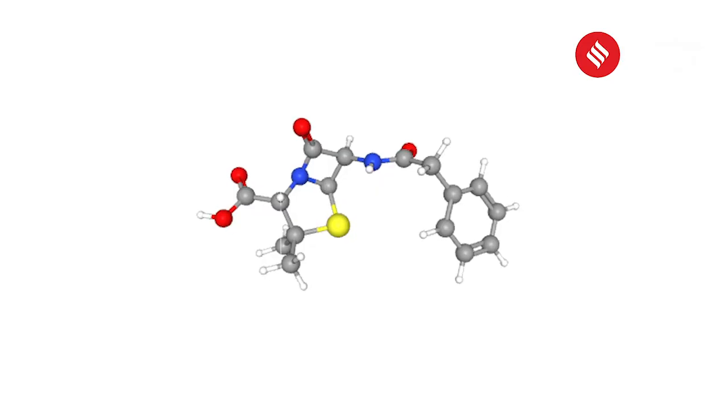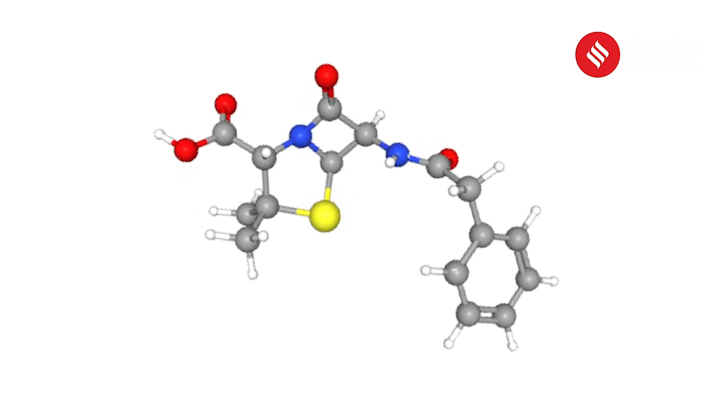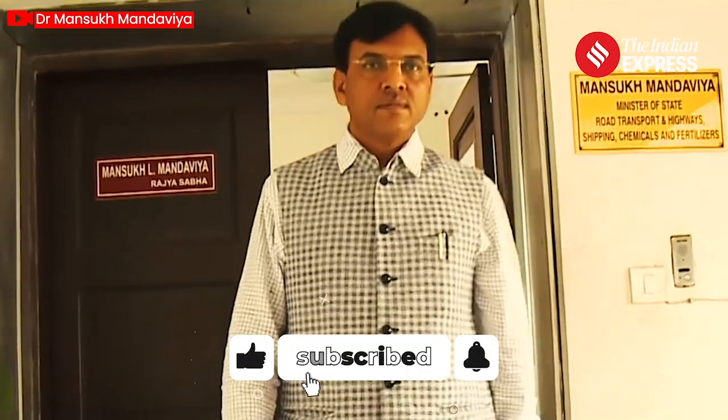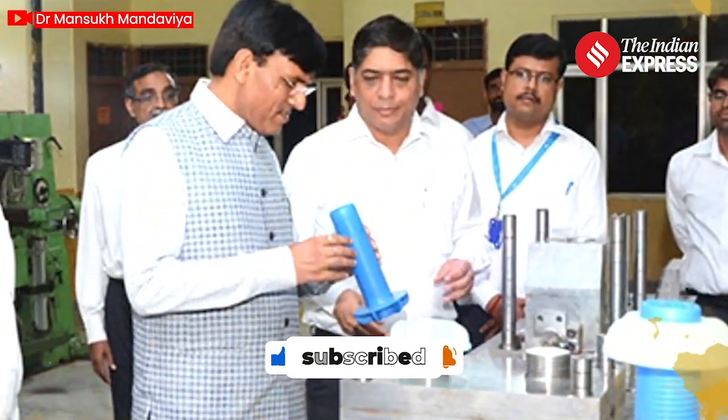India will start manufacturing the common antibiotic Penicillin G later this year. This comes 3 decades after the country's last plant shut down. Now, this is one of the successes of the government's production-linked incentive scheme launched during the pandemic to promote domestic